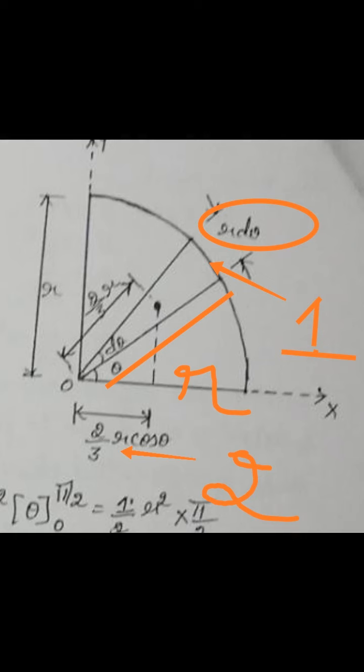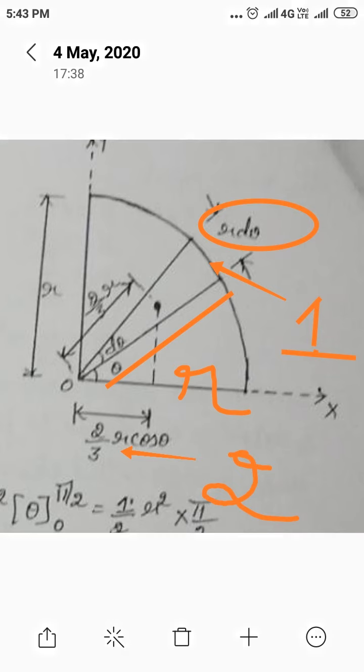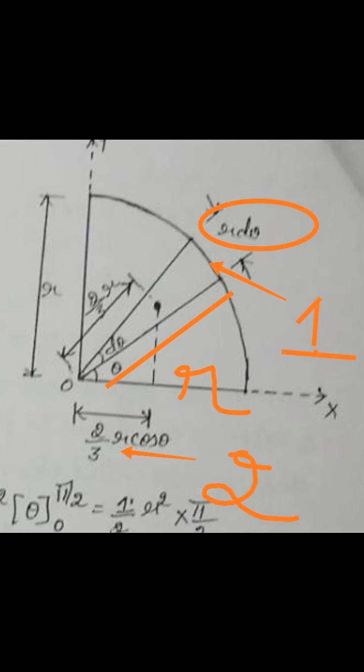In that segment you can see the radial distance, shown as a single line. The length of the line is r. That's the radial distance, that is the base of the segment. I have also written an arrow mark there, and that is the height of that segment. Even though it is a part of the quadrant, that segment looks like a triangle. Not exactly, but approximately, it looks like a triangle.